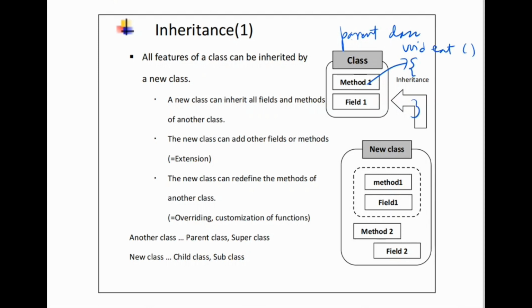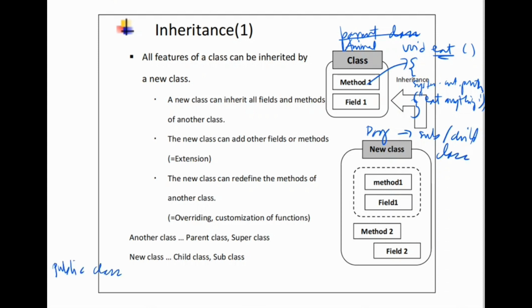Say this parent class is Animal, and the Animal parent class has the method eat, and the implementation is simply to output System.out.println("eat anything"). And then the subclass or the child class is called Dog. Okay, this is the sub or the child class. So we define Dog this way: public class Dog extends Animal. And then in here, we define void eat,